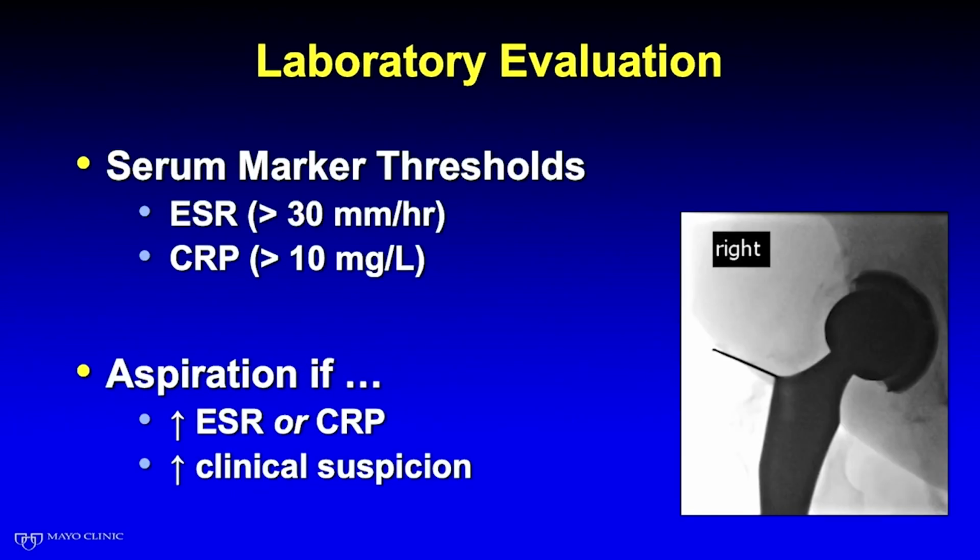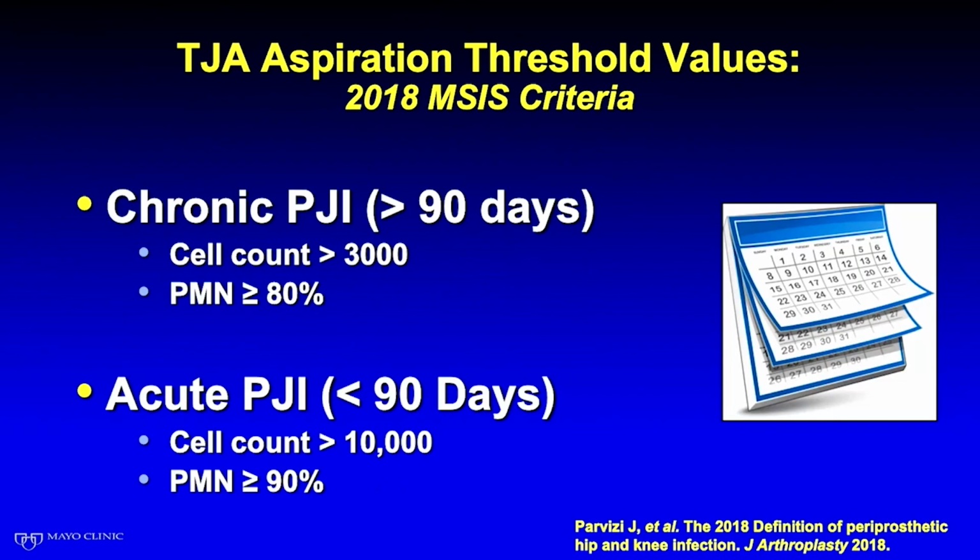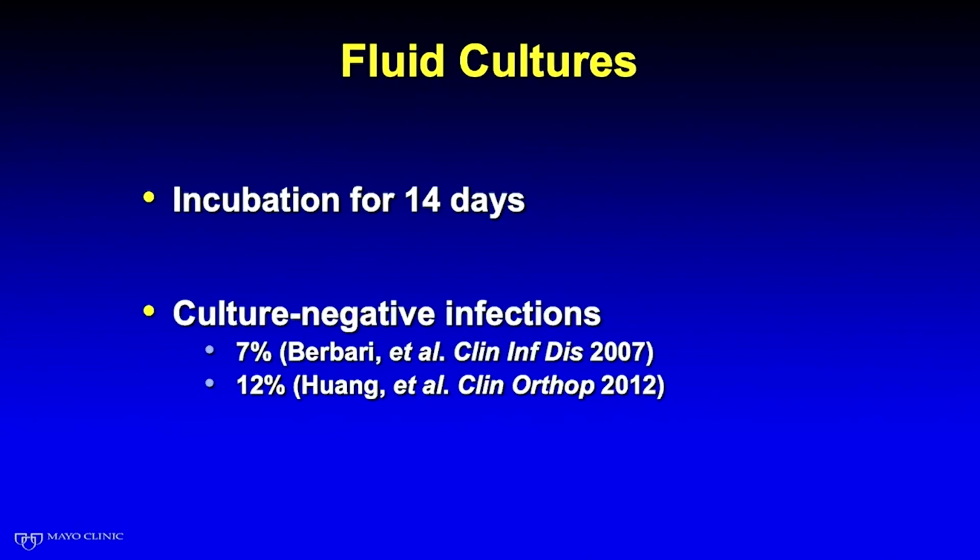When it comes to laboratory evaluation, every one of these patients should get a SED rate and CRP. You can see the threshold values there. And again, I'm going to aspirate these patients if either one of those is up or if I've got an elevated clinical suspicion based on my history, regardless of what their lab values show. You can see some of the threshold values for aspiration based on the timing of surgery listed here, both cell count and elevated neutrophil percentage. You're going to want to hold those cultures for a while and keep in mind that somewhere plus or minus 10% of infections are culture negative, but again, many of those patients were on antibiotics when they had their infection